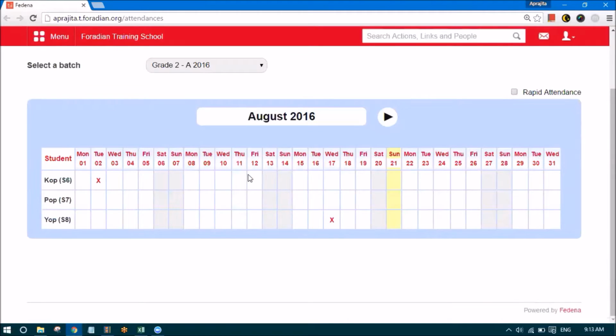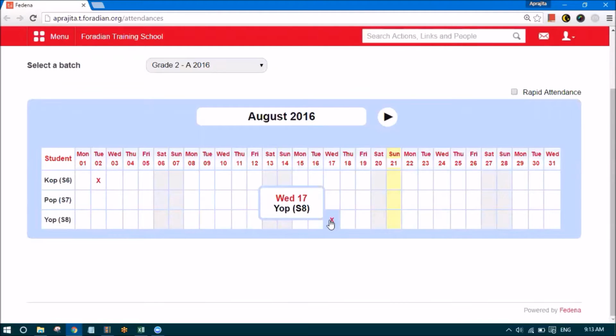Now let's assume that we have marked the student absent like this. We've done it through the interface or using the import data option. So we've already put in the attendance records of this batch, but now we have to update the same. It means we've made some mistake and we need to update it. So let's say there are a lot of rows here and we need to update that information.